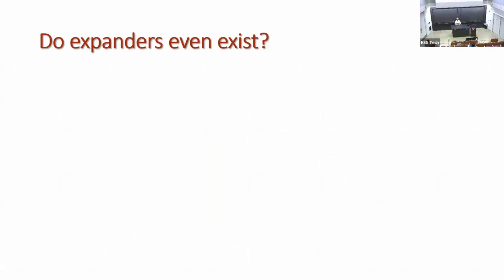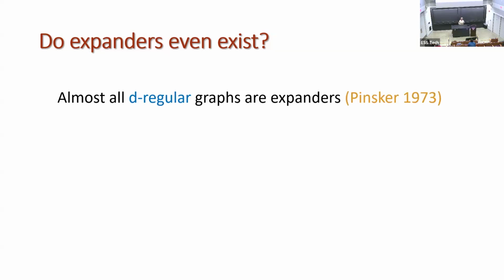So do expanders even exist? A famous thing in theoretical computer science is that the first time people thought about expanders, they were trying to prove that they don't exist, with the hope of using that to prove some lower bounds in complexity. But it turns out that they do exist, and Pinsker proved that, in fact, almost all graphs